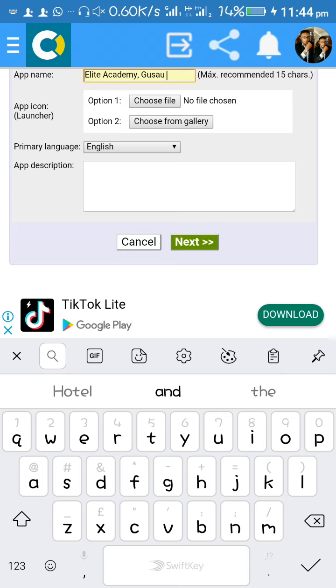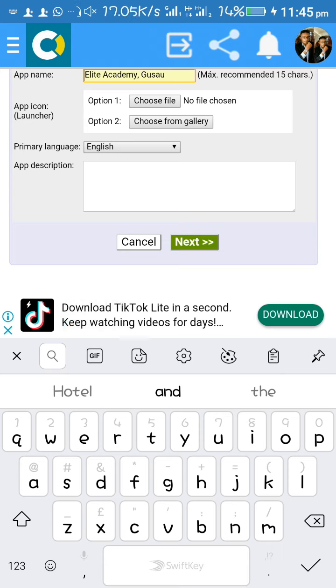Then under this app icon launcher, anytime you are opening the app, the picture that will serve as the icon is a shortcut to a program. Like all those things you normally see on your screen, the WhatsApp icon, Opera Mini icon, those are pictures that are shortcuts to a particular program.